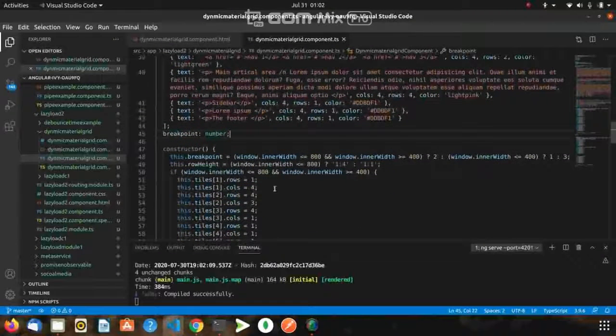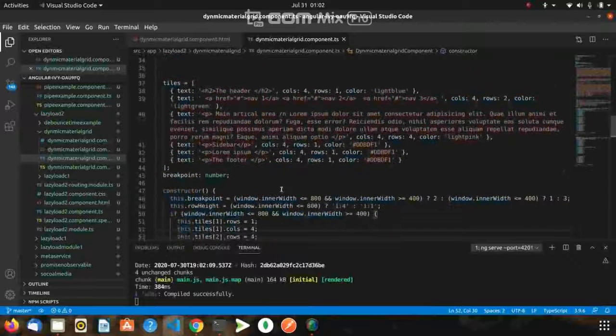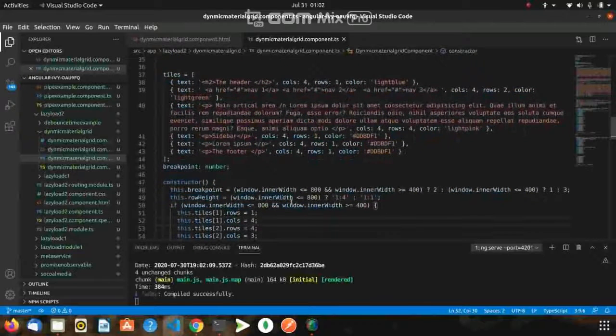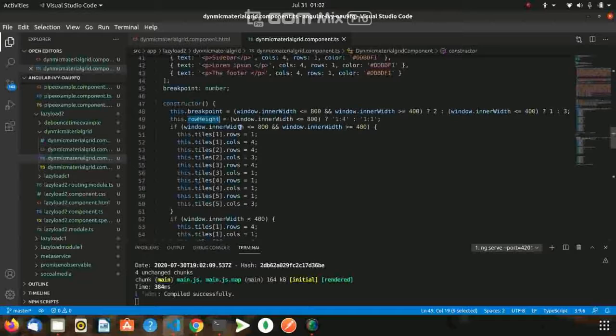We also know that when a project is run, the constructor of this page is loaded first. So we define this in the constructor, and I'm putting a condition on window inner width: less than or equal to 800.